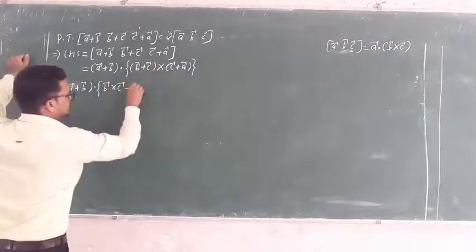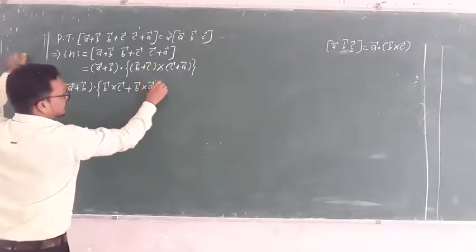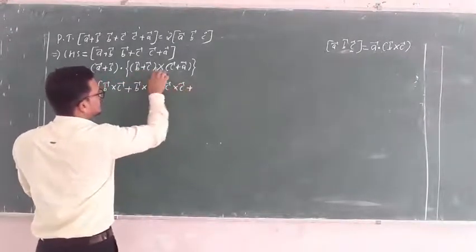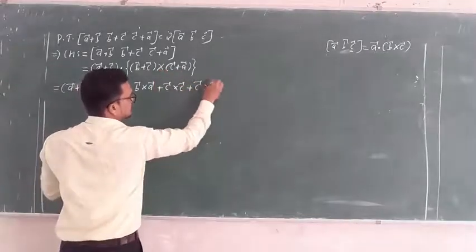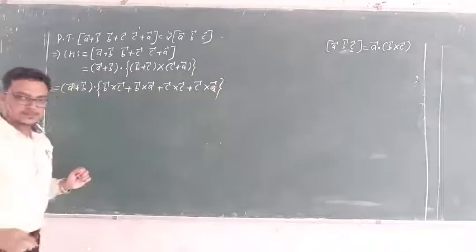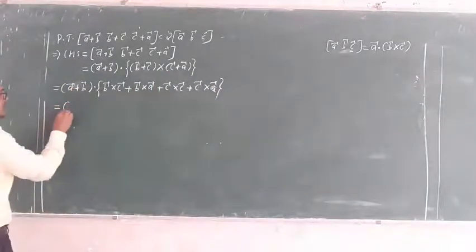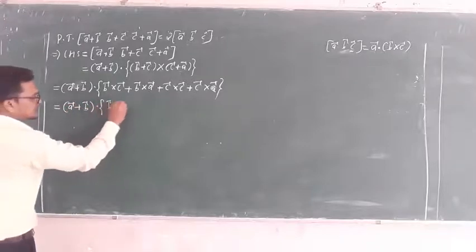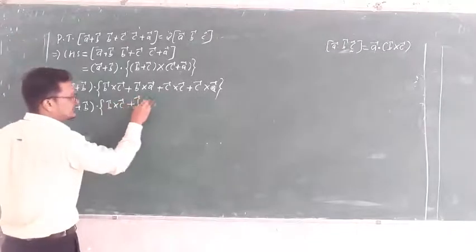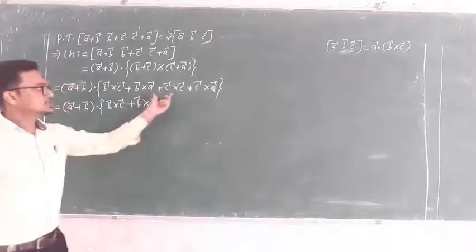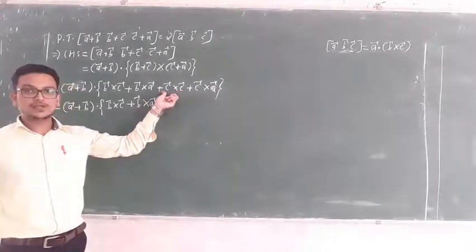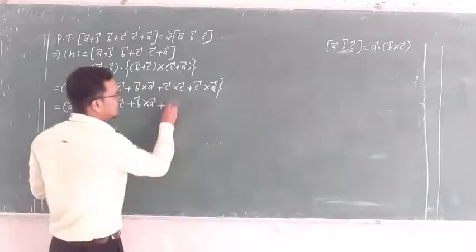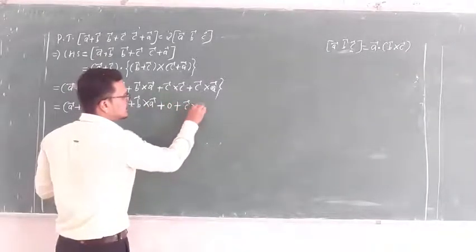plus B cross A, plus next C cross C, next plus C cross A. Okay, now next: A plus B as it is, dot B cross C as it is, plus B cross A also as it is, plus now C cross C. As per the property of the cross product, if you take the cross product of the same vector, its value is 0. So this is 0 here. Plus what is left? C cross A,